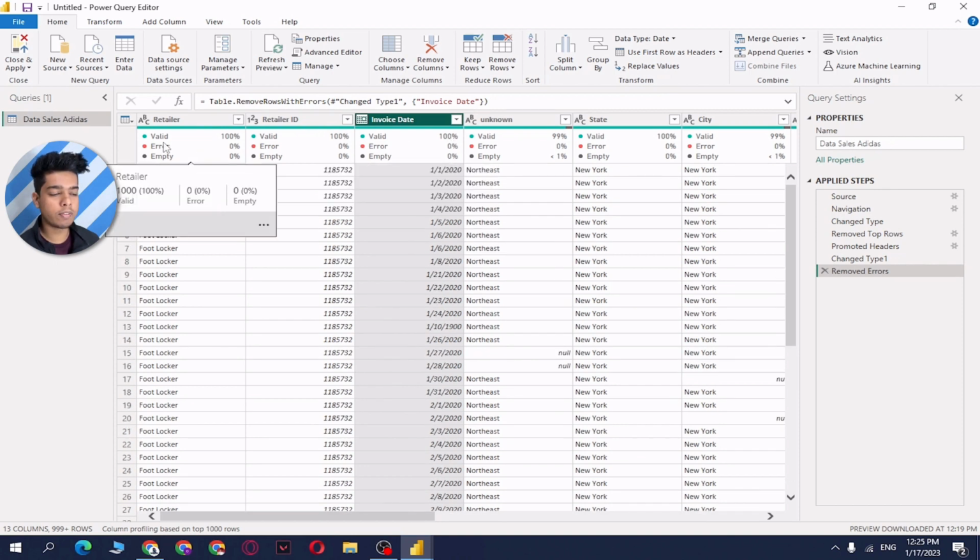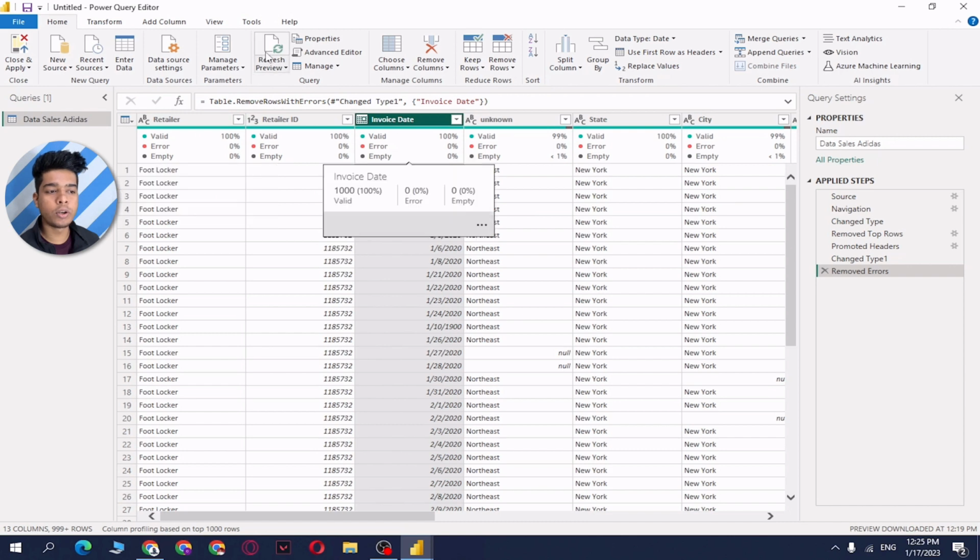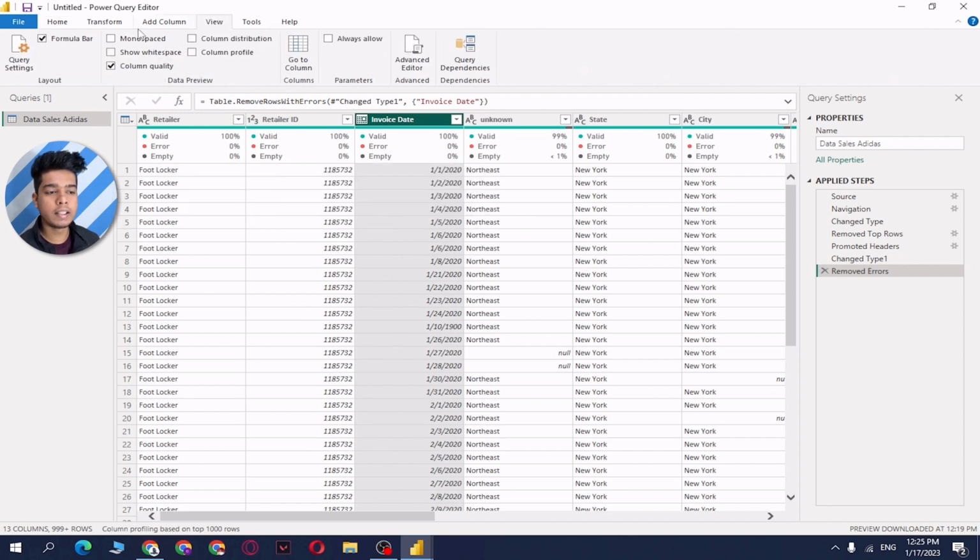You can also find a visualization to better understand your column quality. To do this, go to the View tab and click on the Column quality box. You can see visuals that give the valid percentage of your column.